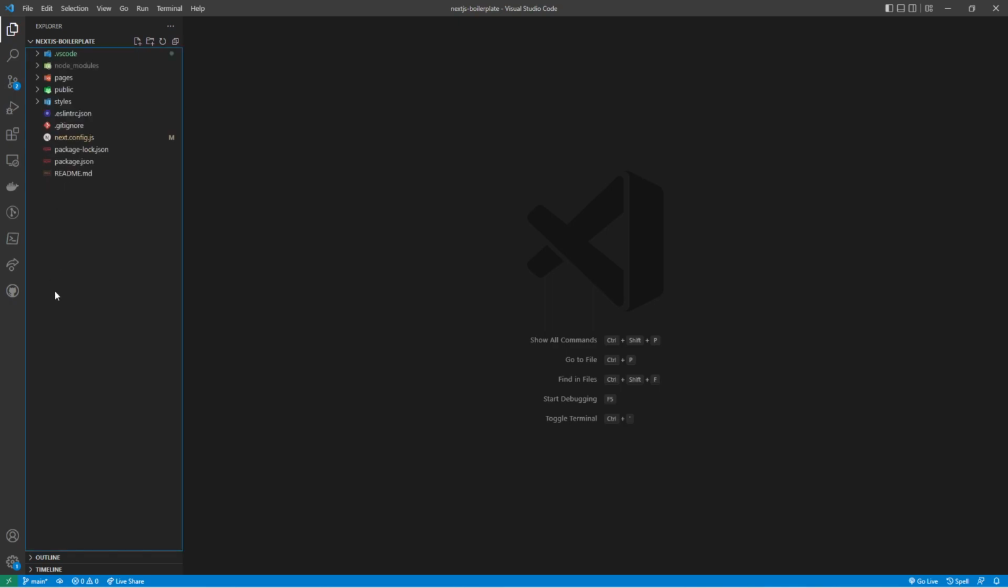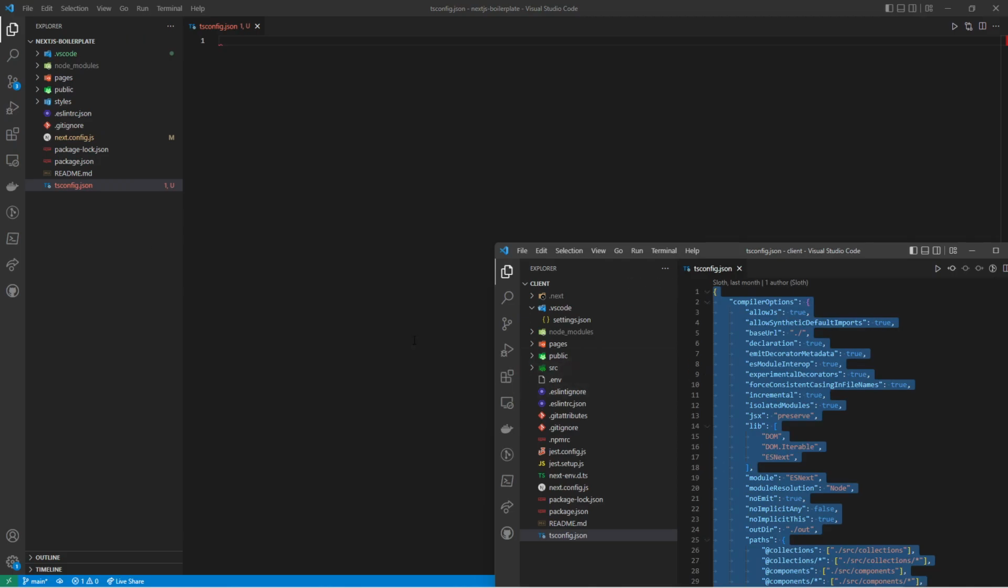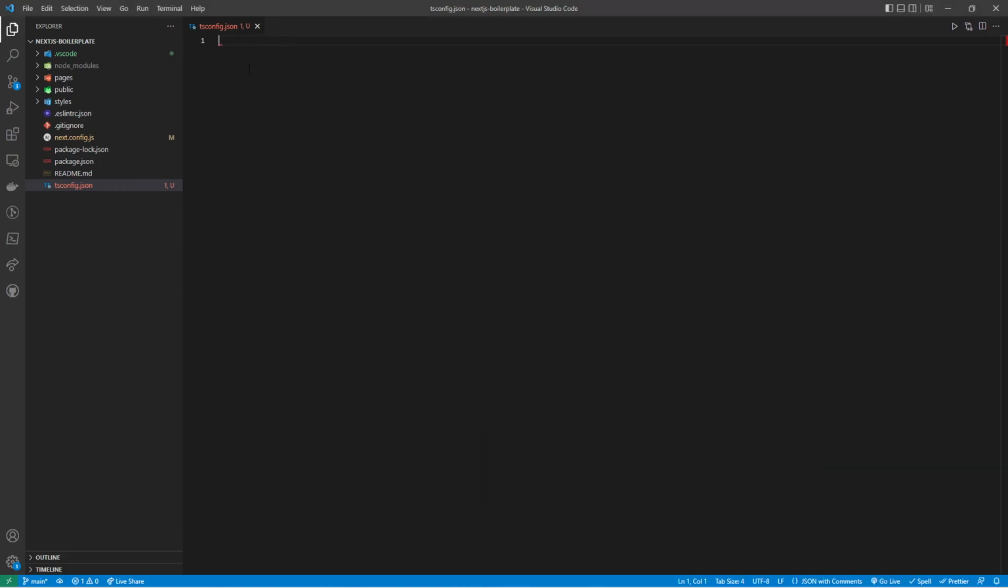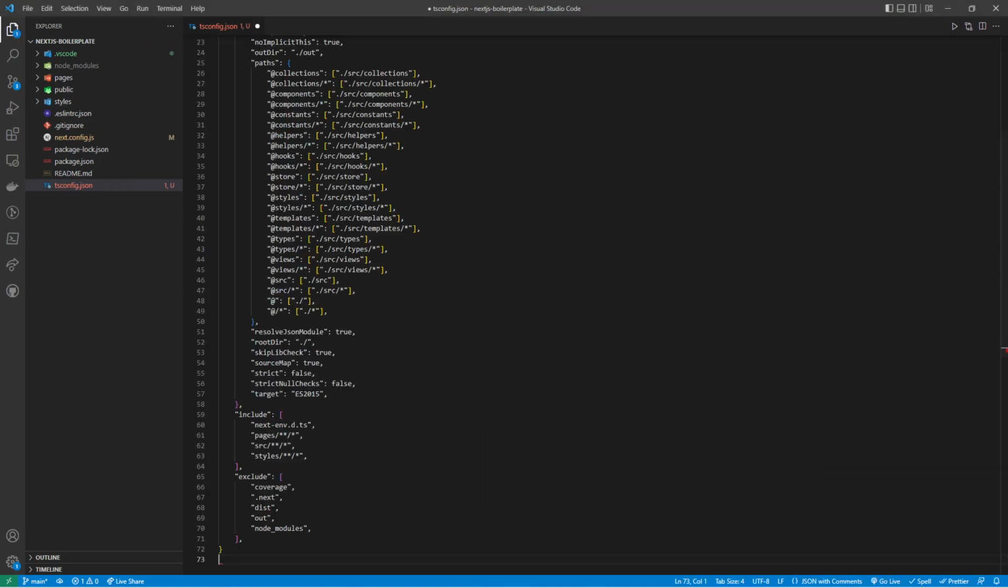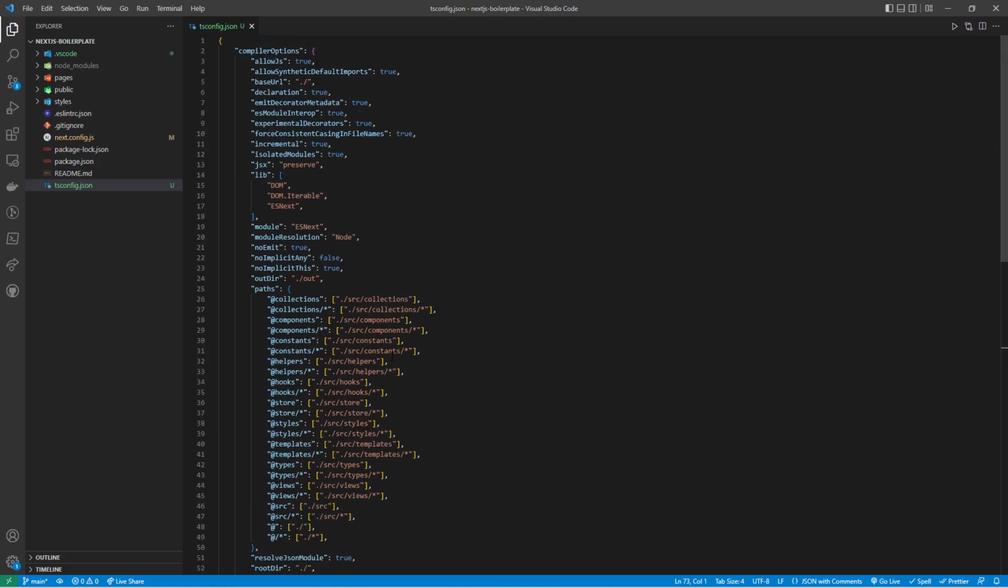tsconfig.json. Hope I spelled it right. Tsconfig. I'm not sure. Tsconfig. Yeah. Oh, yeah, because there is nothing in the file. Sometimes I get confused by these. Okay, so